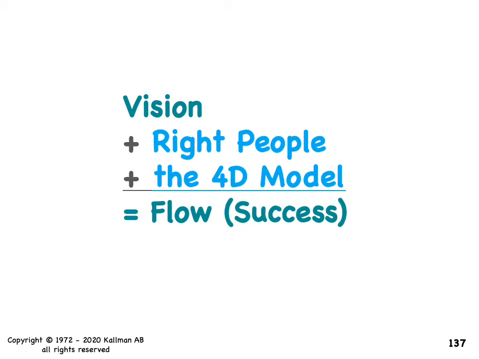So, do they have the right truth? Do they have the right values and attitudes? Are they going to do the right things so that we get the right results? Okay, so think right people and think 4R model together with that, and you'll be doing really well. This also includes the 4D model, the 4D model being a mirror image of the 4R model. It's almost a little redundant, but not really. And you'll see why that is when we get into the flow friction analysis.